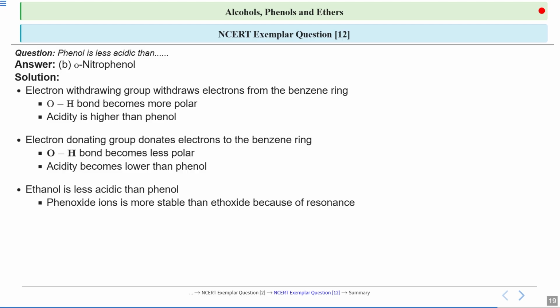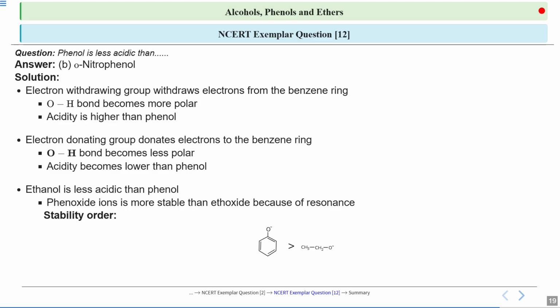The H positive is removed, O negative remains, and that phenoxide ion is going to be more stable compared to the ethoxide, that is CH3CH2O negative. Why is it so? Because there is a resonance factor in the benzene ring, shown by the benzene ring in phenol, which is going to stabilize the phenoxide ion. So if you can see, this is the stability order between the phenoxide ion and the ethoxide ion. So the phenoxide ion is more stable than the ethoxide ion, due to which ethanol is less acidic than the